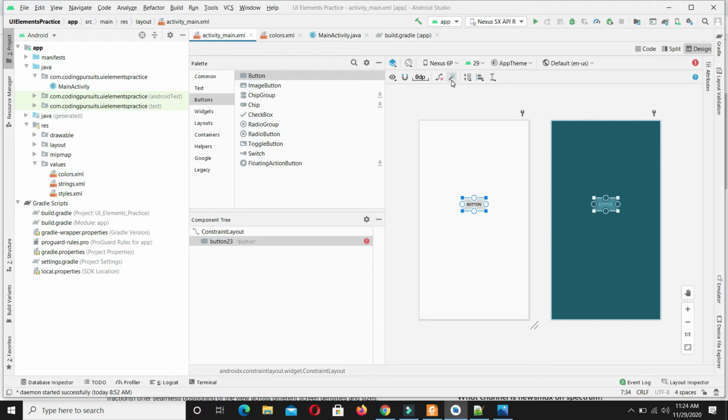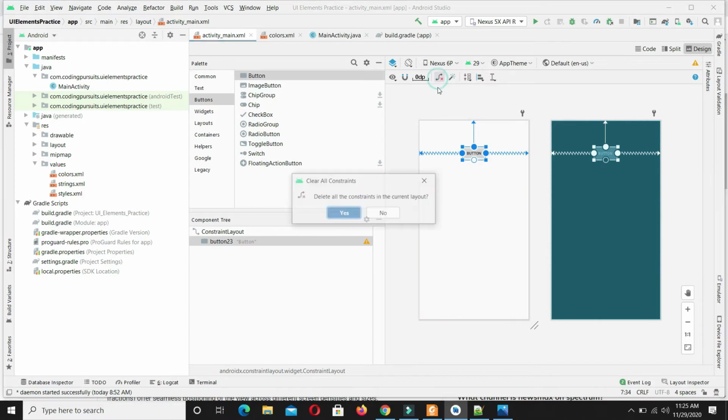From here you can see the inference mode. Inference mode is used to automatically set the constraints of the button. It uses the Android Studio algorithm to efficiently connect and set the constraints of the button. For example, select the button and click on the infer button, and you can see that it has set all constraints for us. So it provides a quick approach to set the constraints. You can quickly connect the constraints, and later on you can delete any particular constraint and set it up as desired. Select this constraint and click the delete button, and this constraint will be deleted. In the same way you can delete or adjust your constraints according to your need.